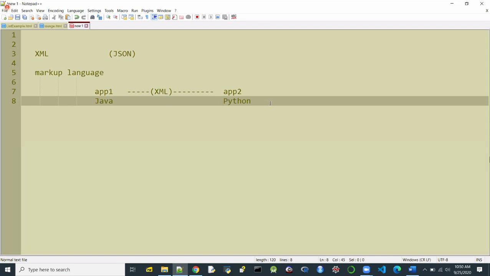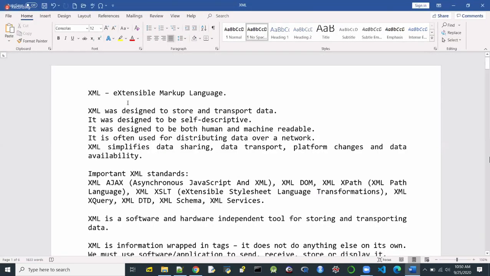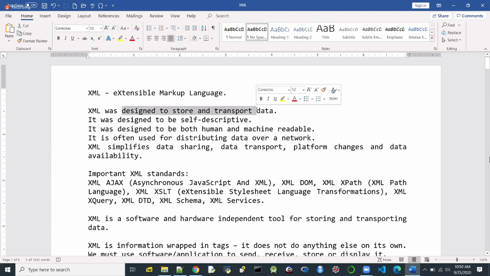So let us see what we can do with this XML. I will just share some material here. XML is extensible markup language. It is primarily used for storing and transporting data, and as we will see later on, it is basically self-descriptive.